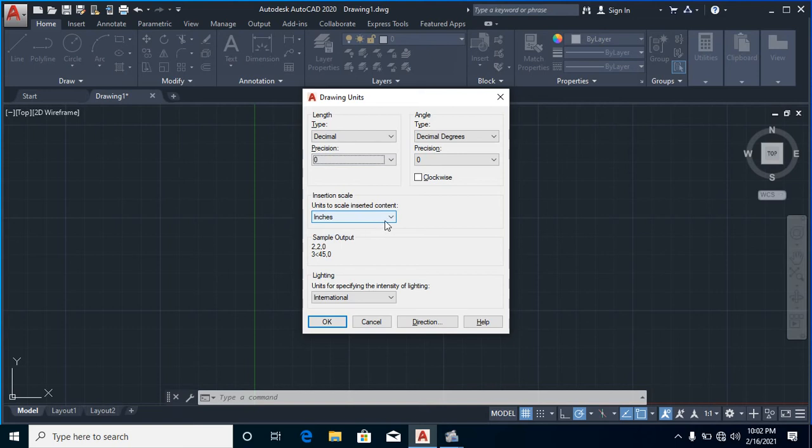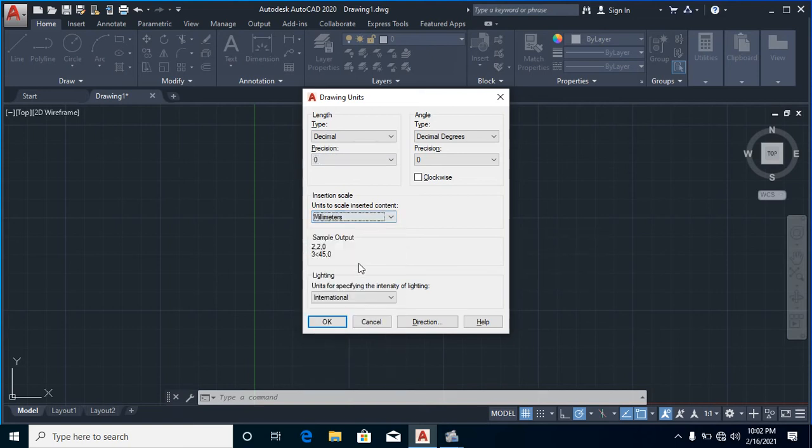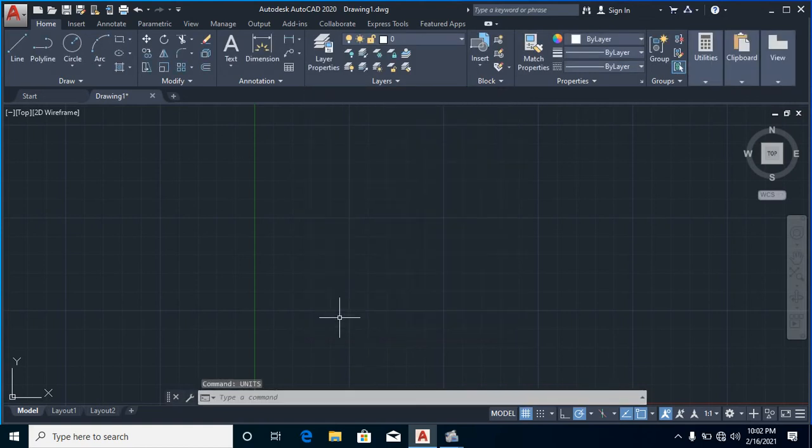Then the precision here, we set the number of decimal places or fractions displayed for linear measurements. So here it just has 0, and here it shall have millimeters. Then you click OK. After that, now we can draw